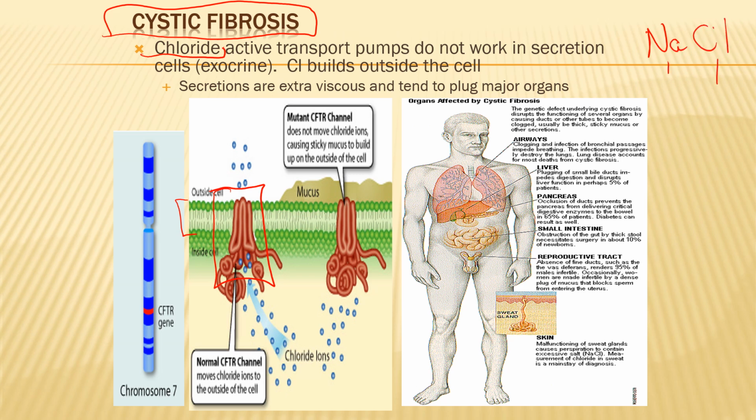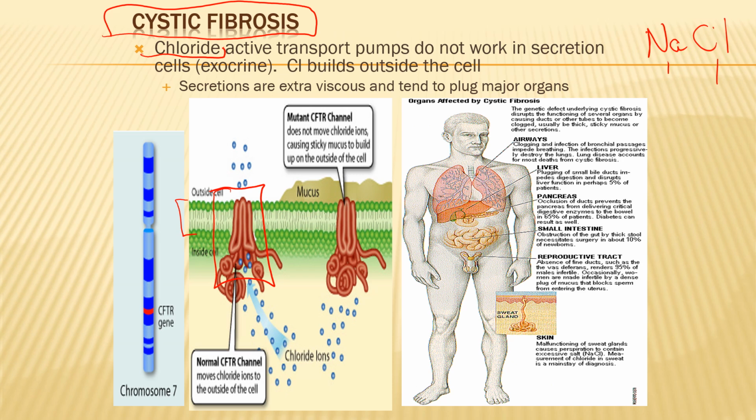And so this channel controls the movement of chloride ions out of the cell, and outside of the cell, they're important in controlling osmotic pressure and the composition of fluids, of how much